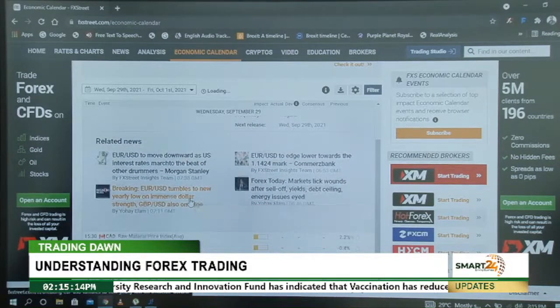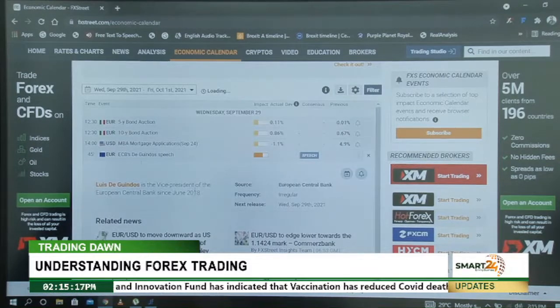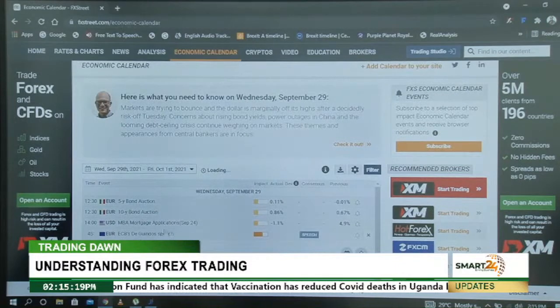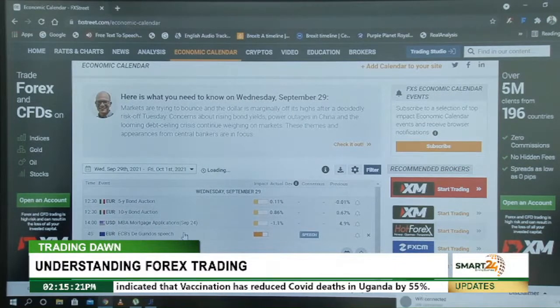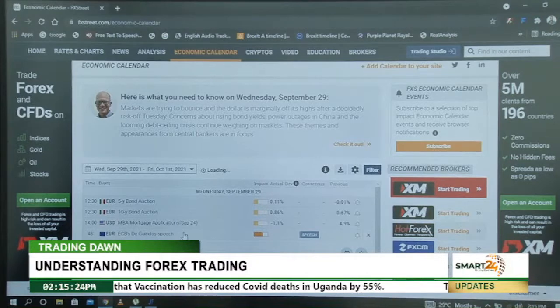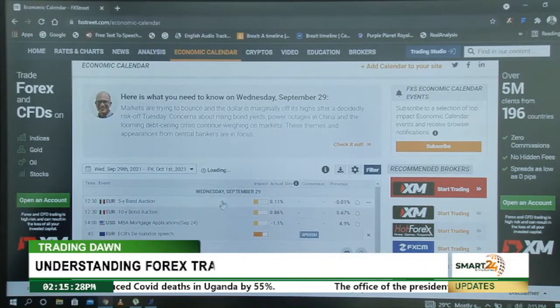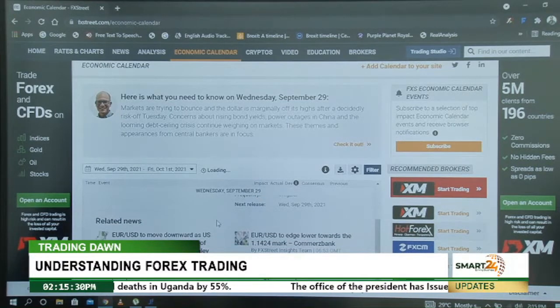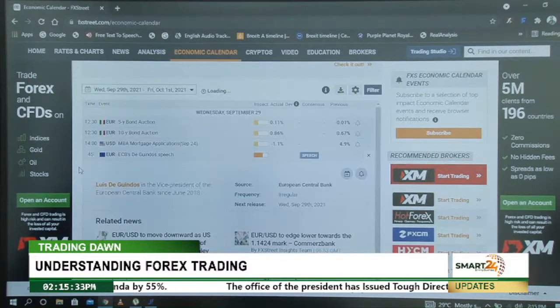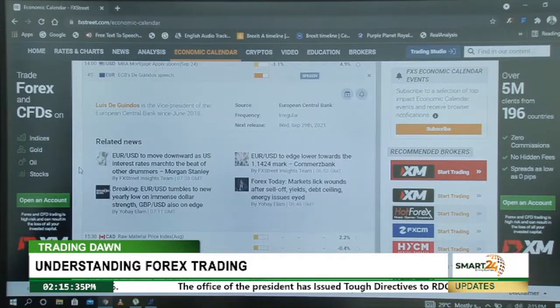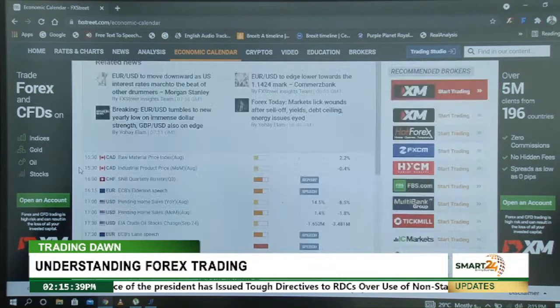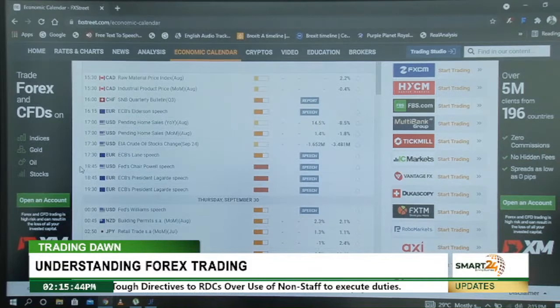And the Euro USD has been very bearish, and this one here is affecting the euro. So most likely, the biggest impact will obviously be on a chart like the Euro USD. This one here is just a speech. You can look at the flow of the speeches since this week began. The chart has been very bearish. Yesterday it was in some kind of sideways market. There wasn't much happening there, but right now it has really sold.